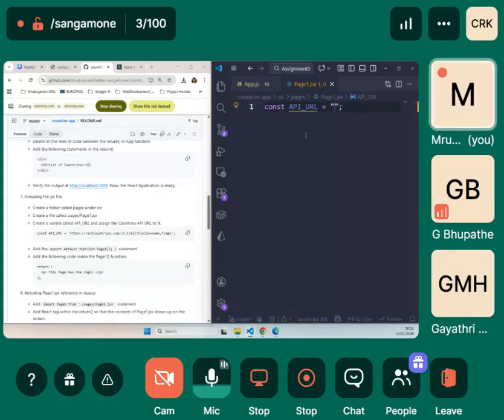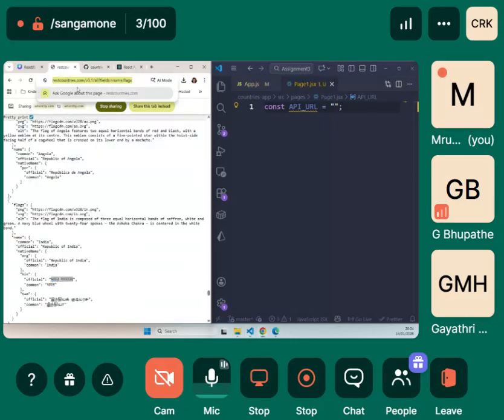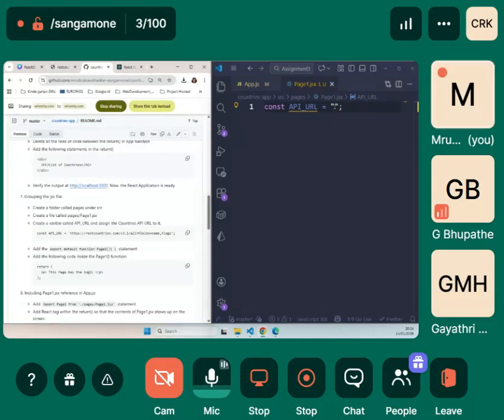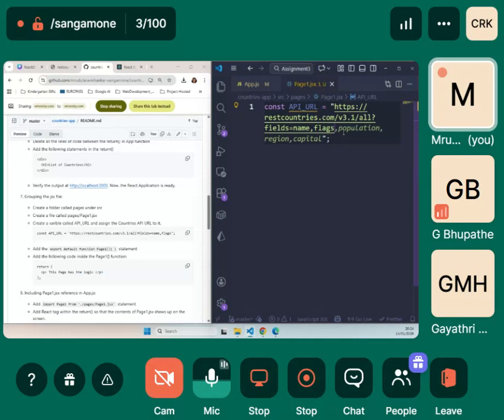This would come from here. Copy this URL, go back and paste it here. We can also have population, region, capital, but we will only concentrate on names and flags for now, because we are just trying to build a simple application.